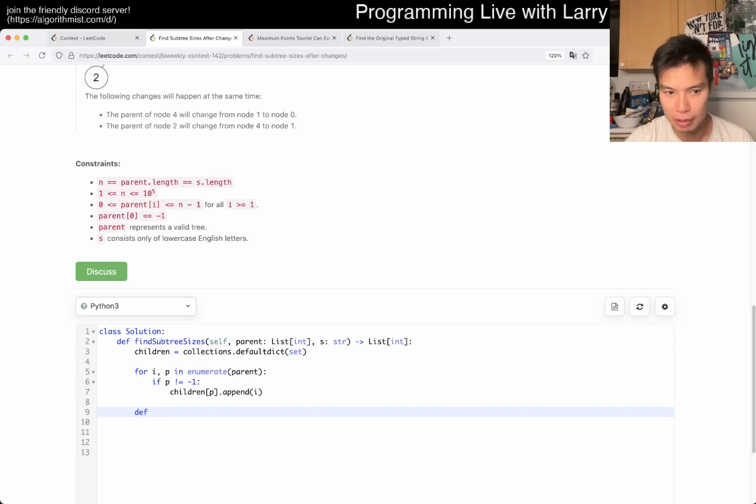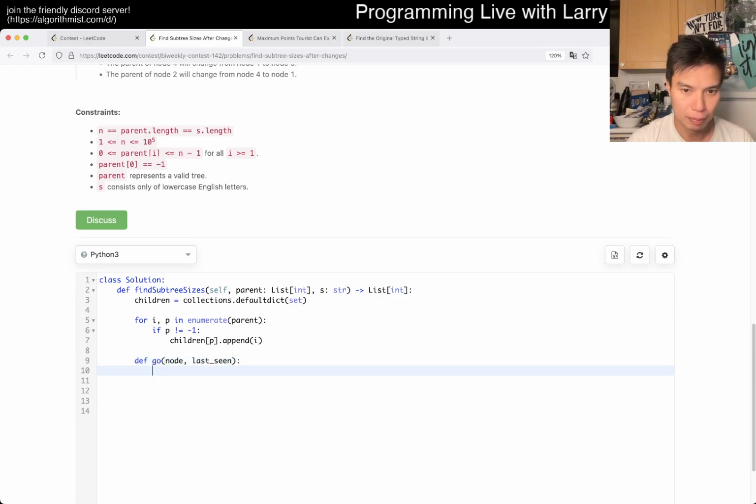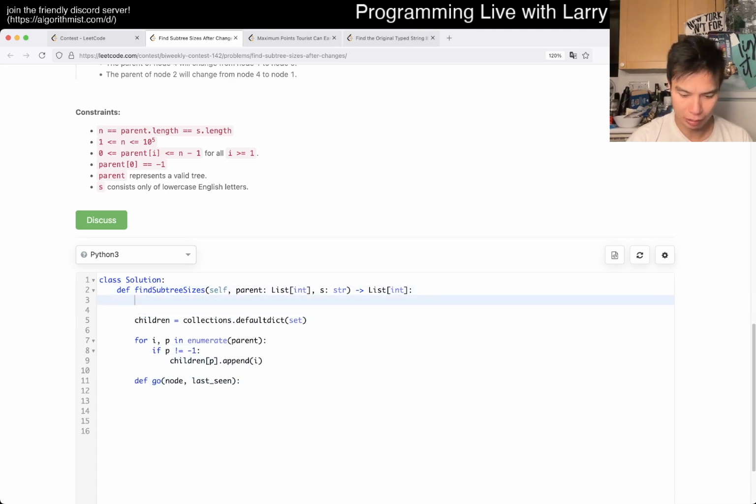Okay, so now we're good, and then we have a depth-first search, say, or just a recursive thing, right? Let's just go. Don't think. Okay, and then we have the current node, and then the last seen type thing. Okay. Yeah, and then we could just convert the S to